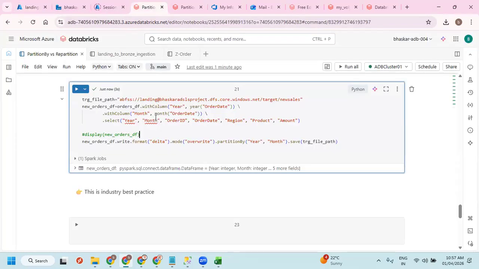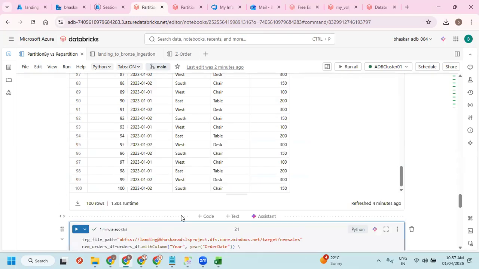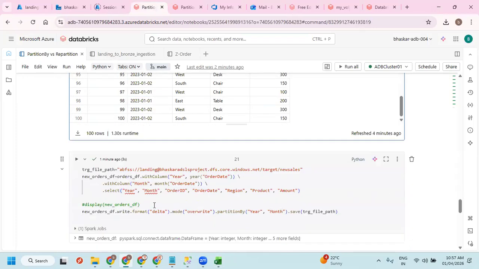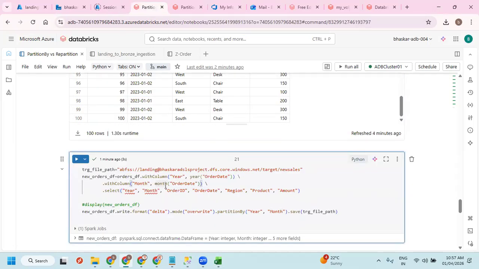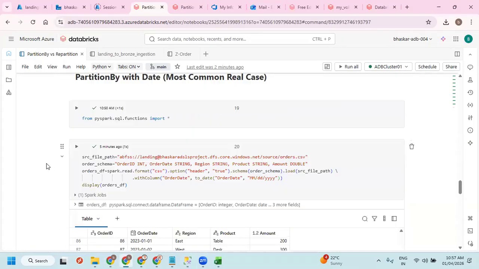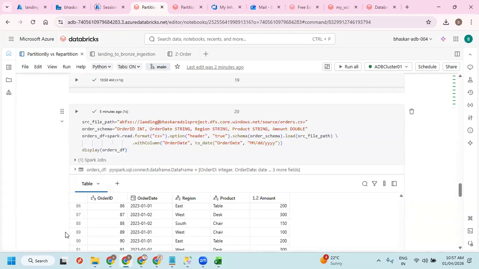Now, I wanted to read the data from year 2020. Okay, my bad, that is fine, because we have only one month of data in all the partitions. What can we do? This is the orders file only, right? Okay, so I'll just give a clue and you can try from your side. I don't want to spend time here. Let me read the data from one of the partitions.